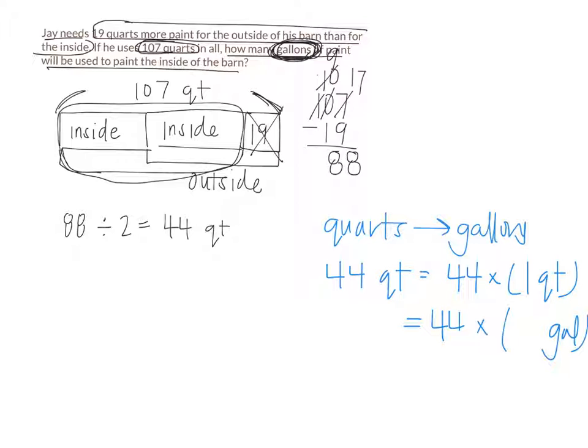1 quart is how many gallons? 1 quart is 4 gallons? 1/4, because a quart is only part of a gallon, so it's only 1/4 of a gallon. Now if I'm ready to multiply, that's 44 fourths of a gallon, which is equal to what number? 11 gallons. So your answer is that it